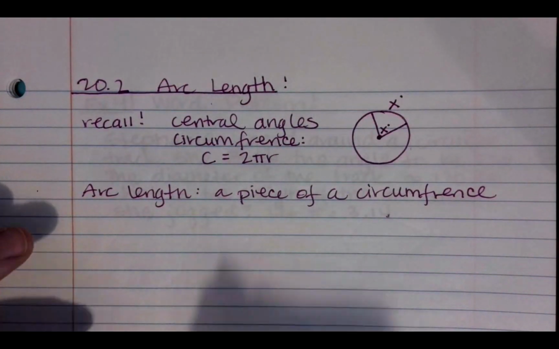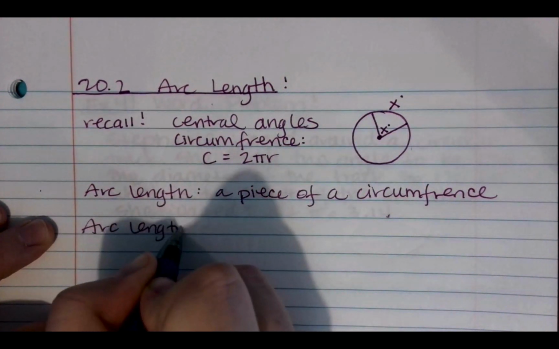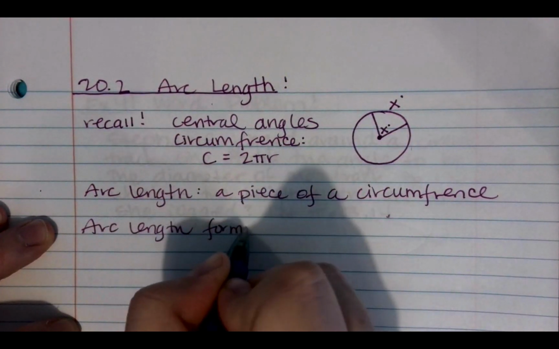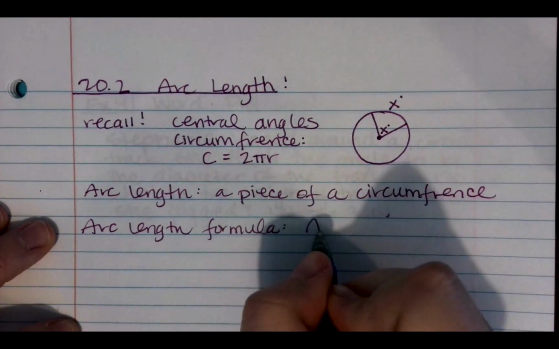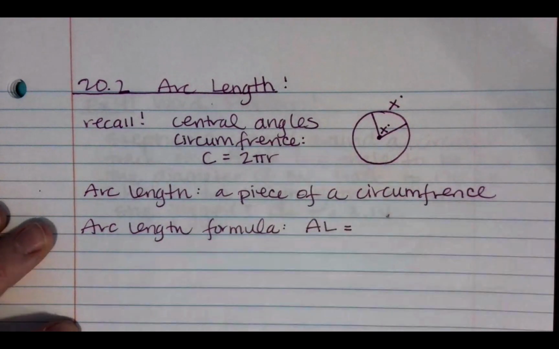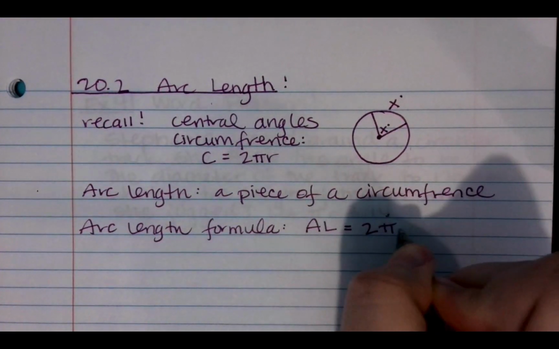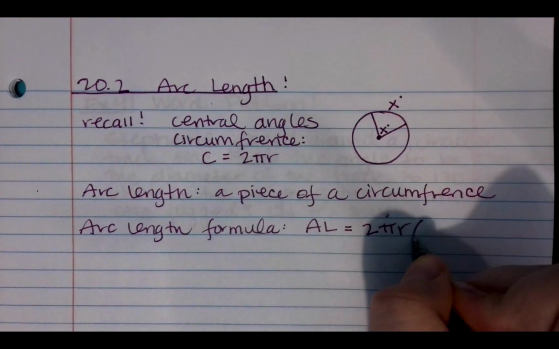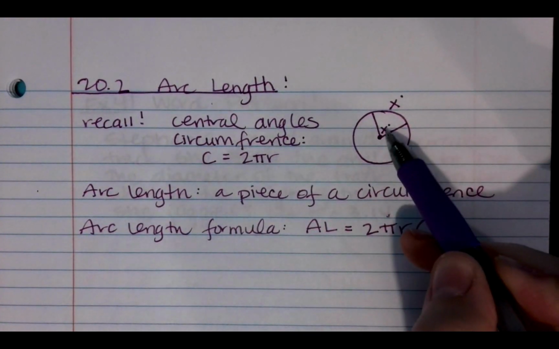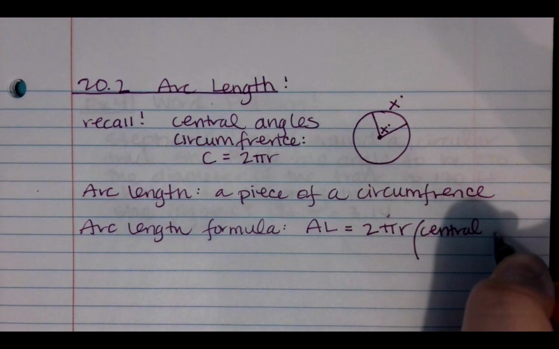Okay, and here's our formula. Arc length formula is, and I might say AL just for arc length, it's going to equal 2 pi r, just coming from this guy up here. And then we're going to multiply it times this central angle. Hence we learned or recalled that guy. Central angle